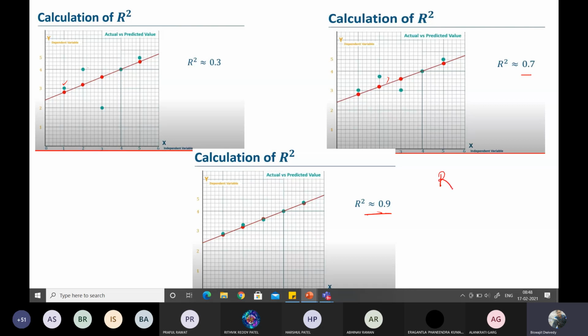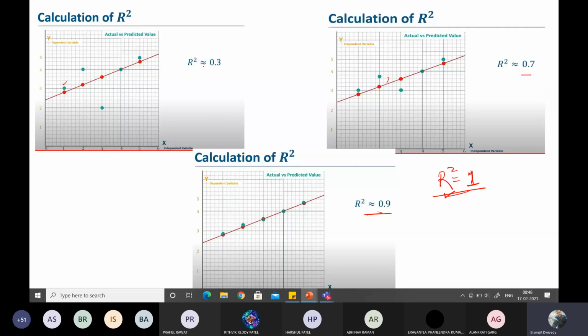Similarly, if R square is equal to 1, then that will be your best fit, means all these training sample points are going to lie on your regression line. I will also show you one example in which they will be lying on the straight line, or regression line. So that is the thing, that R square value should be close to 1. If it is close to 1, then only you can say your model is very good, or it is best fitted, or it is fitting very well with your training samples. So our objective is to make this R square value close to 1.